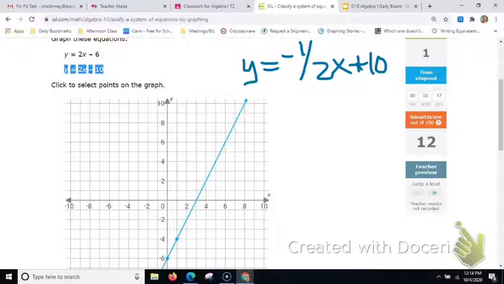So to do that, I would be going to 10, and then down 1 over 2, down 1 over 2, down 1 over 2, and I would end up hitting